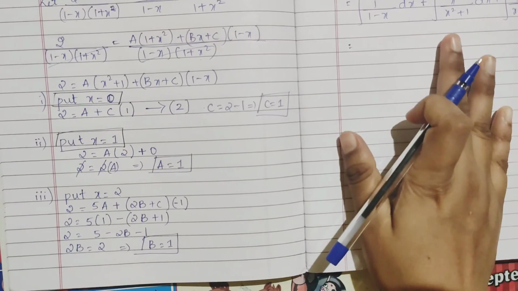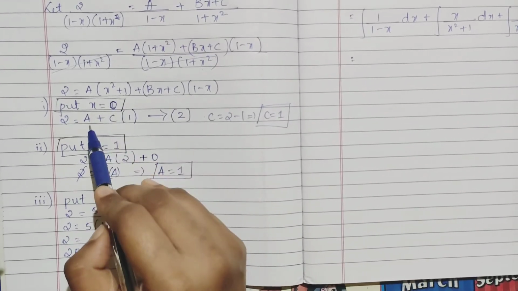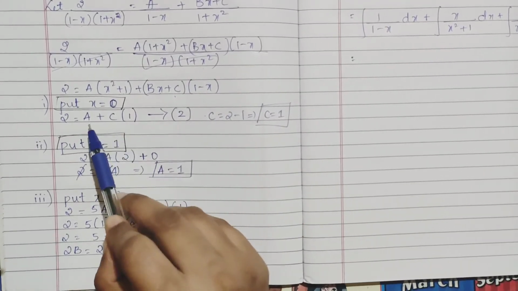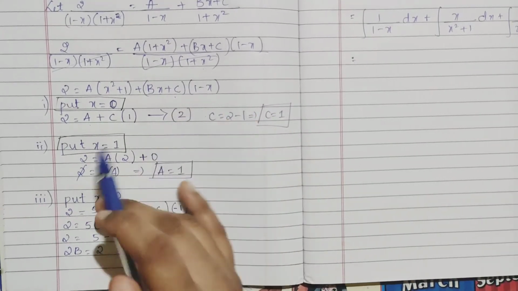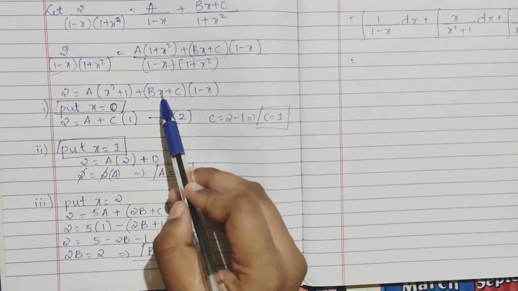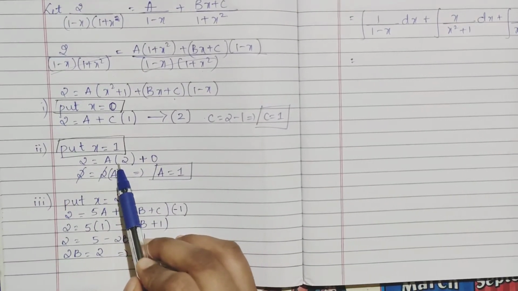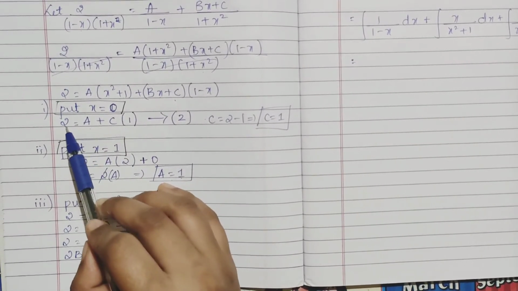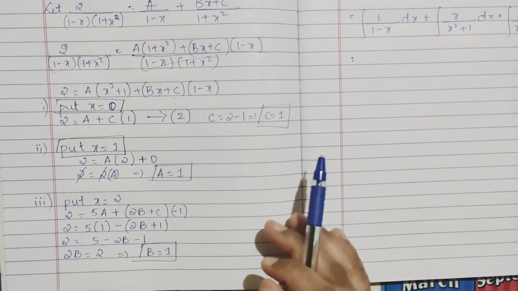Okay. First put x is equal to 0. So 2 equals a into 0 plus 1, which is 1. Here the b part will be 0, you will have only c, and 1 minus 0 is 1. So you will get a plus c is equal to 2. Just keep it as it is for the time being, take it as your equation. Put x is equal to 1: 2 is equal to a into 1 plus 1, which becomes 2, and here 1 minus 1 is 0, so this whole term will be 0. So you get 2 equals 2a, 2 ones are 2, ones are a, so a is 1. You have got the a value, substitute in this. So 2 into 1, the c value will be 2 minus 1 is equal to 1. So c you are getting 1.